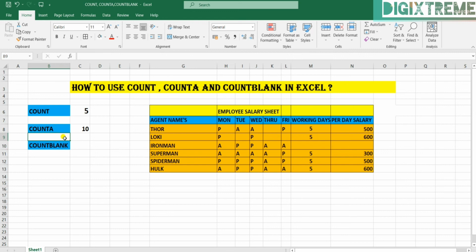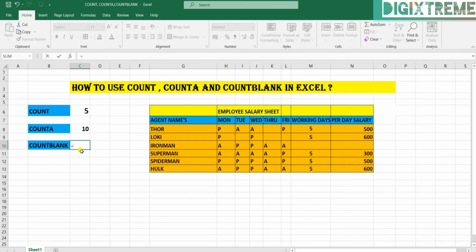Cells that contain text, numbers, dates, errors, etc. are not counted. COUNTBLANK will only count the blank cells. If there is any error, any number, any alphabet, then it won't be counted. Let me show you.